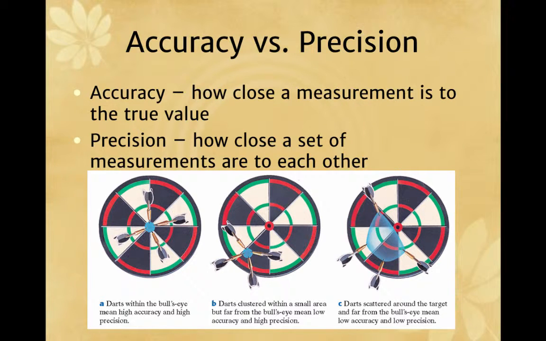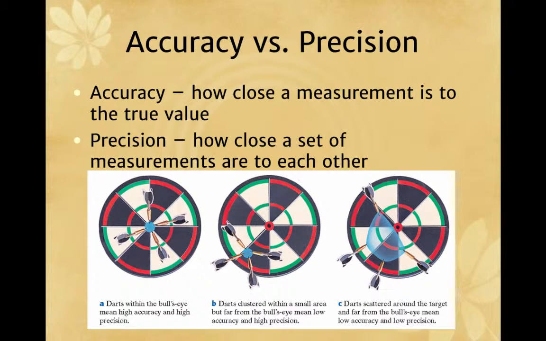Okay, we're going to start with accuracy and precision. So accuracy is how close a measurement is to the true value, versus precision, which is how close a set of measurements are to each other. So accuracy is you're looking at a known value, like for instance, the acceleration due to gravity is always 9.8